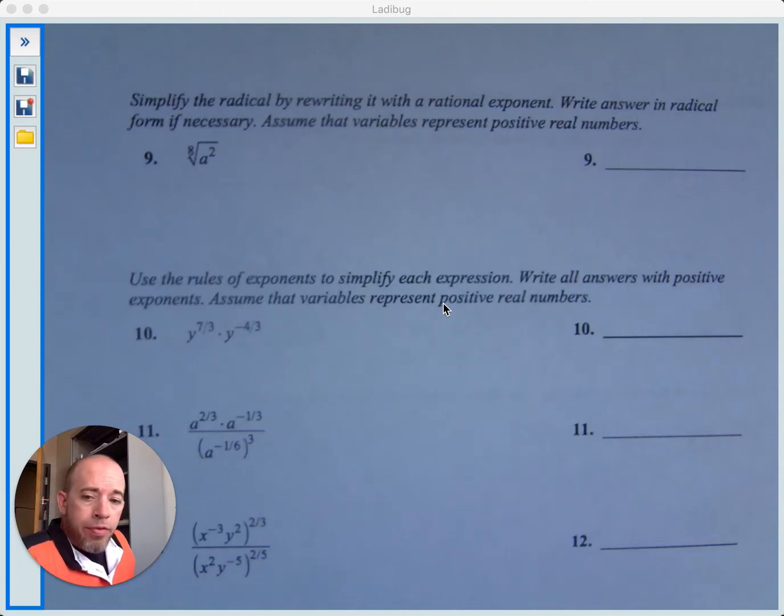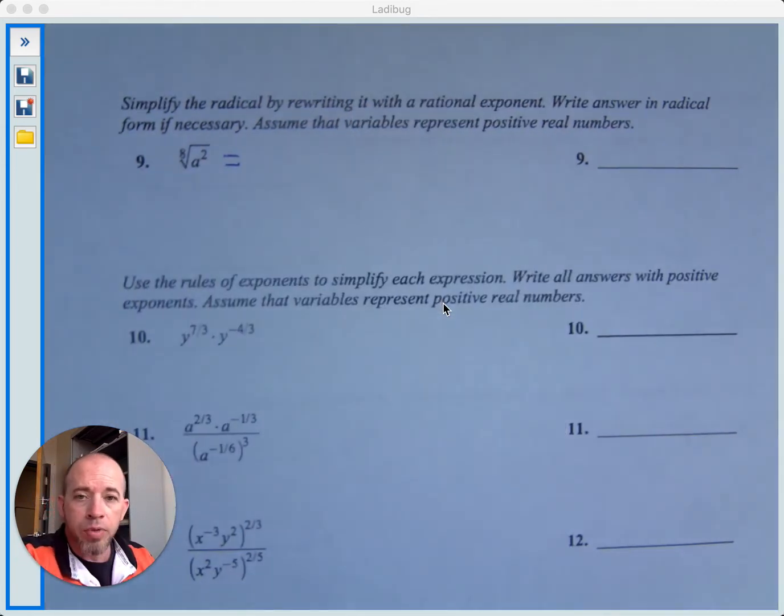Alright, we're ready for page 2 of 10.2, and on this page we'll do a little bit more with rational exponents. What we're asked to do in number 9 is to simplify this radical by rewriting it with a rational exponent, and we're going to write the answer in radical form if necessary, and we're going to assume variables represent positive real numbers. So this is a very basic problem,